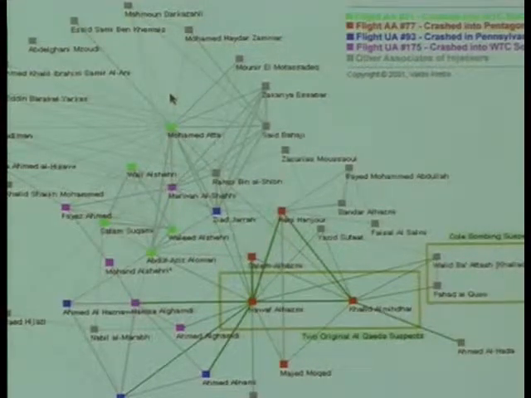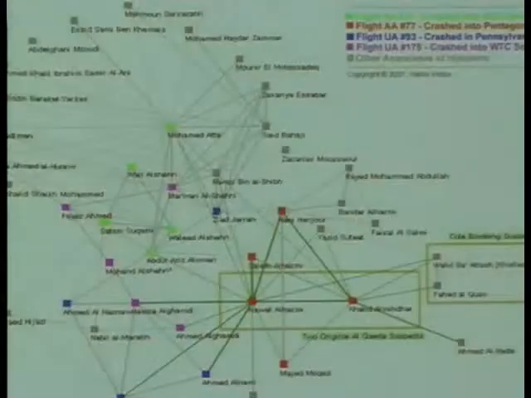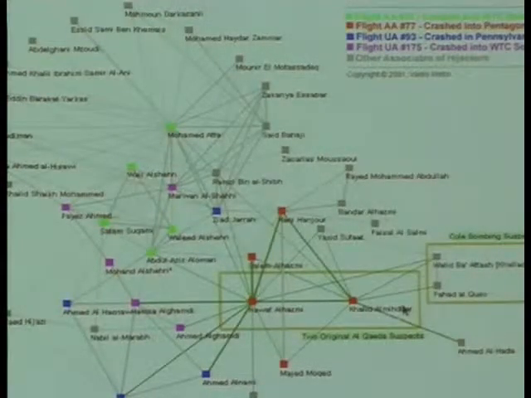And we don't see Osama bin Laden or any of those other names on here because they were back there. They had given this assignment. These people came over here and did this project. And so we see how everybody was connected. We see who all the people were on the planes. And we also see that the pilots were some of the key connected people.